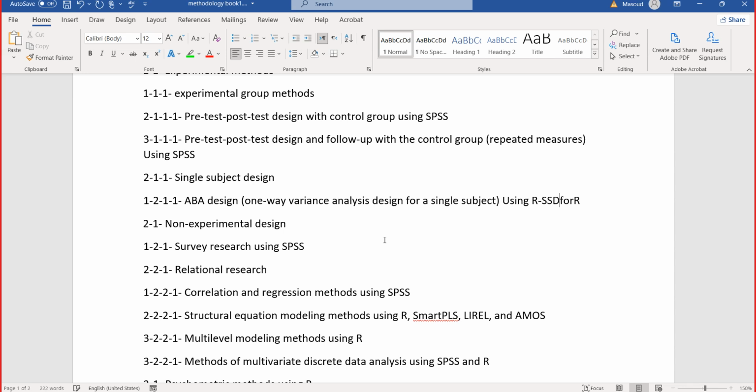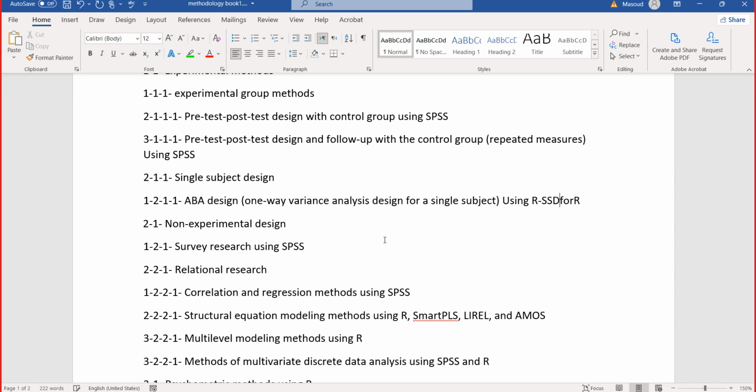After that, you may want a follow-up measurement to find out whether something is preserved after the treatment or not.